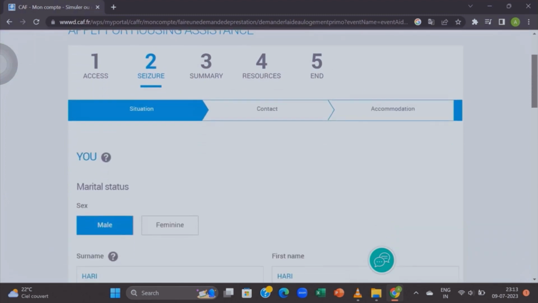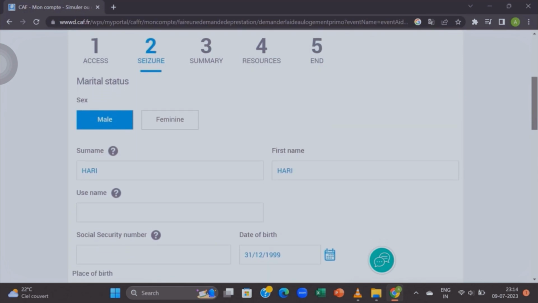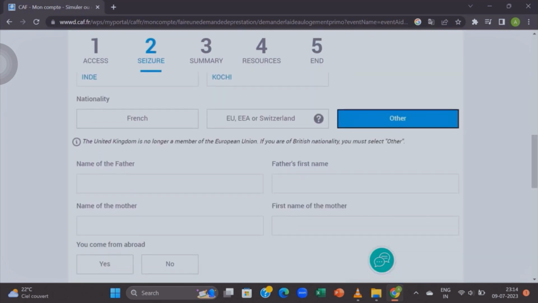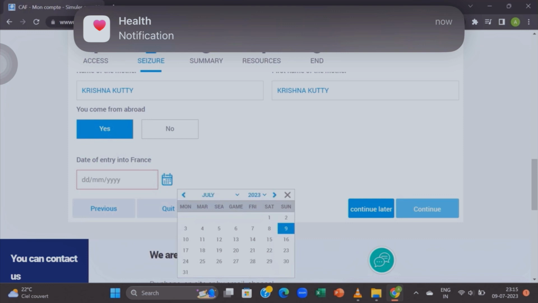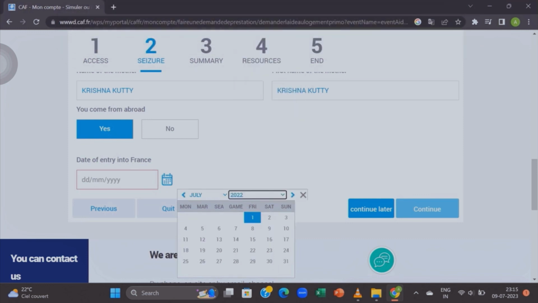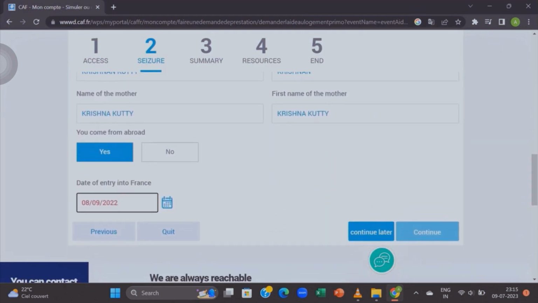So now you get into a new page where some of the information provided is already visible. So as you scroll down, you can see your nationality is other, and you should put your parents' name there. So we say that we come from abroad, and the date of entry into France, that is the date you come to France. Again, once you check all the information, you go for continue to the next page where